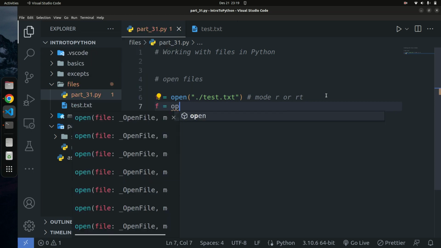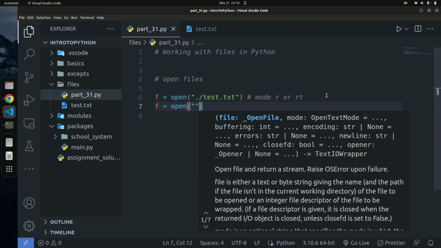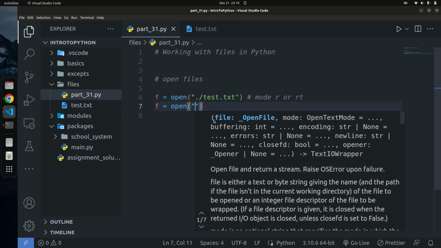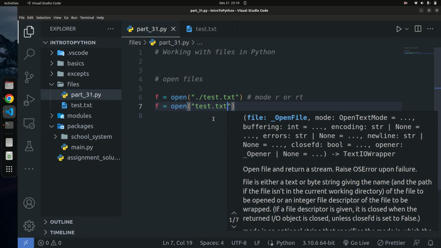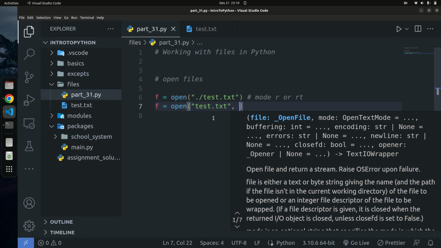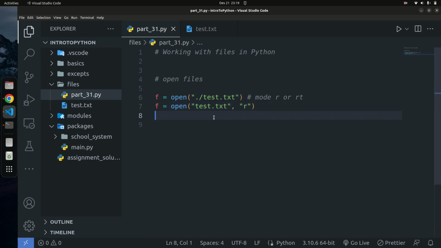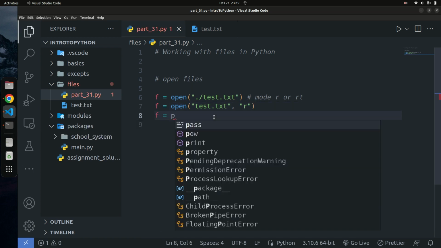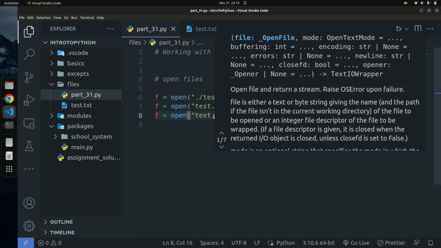open, and then you can just specify the name of the file, because it's in our current directory. If you know how directory structures work, maybe you can let me know in the comment section below. I'll do my best to help you. Just specify the path of the file basically, and then you can go ahead and specify the mode, and the mode is going to be R mode, the read mode, right? So it opens the file for read operation. So open, and then we need the file name again,